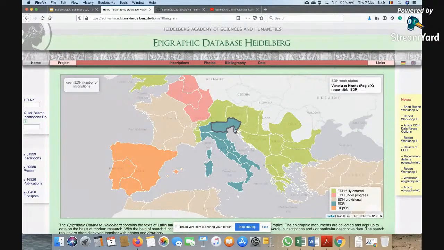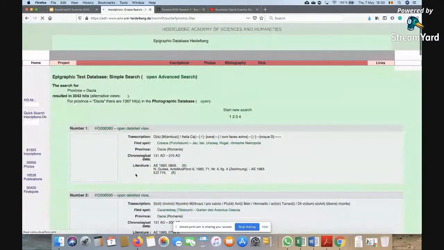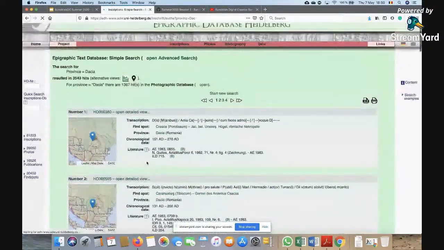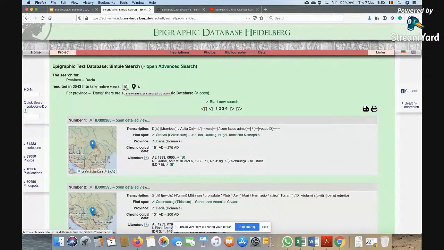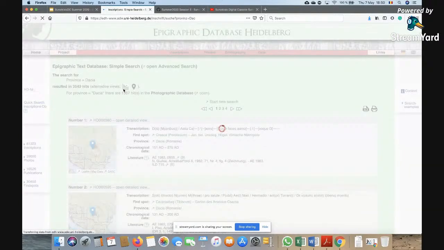We have here this province distribution, which is very nice, and it gives us an important detail. If you're looking here on the right of the screen, you can see that it says the work status. So EDH fully entered. This is important. Here, for example, in Aquitania, it's provisional. It is important because if we click on these provinces, we will get each inscription from the province, of course, but we will also get something else. If we go here,